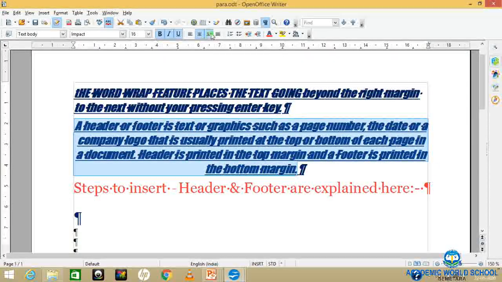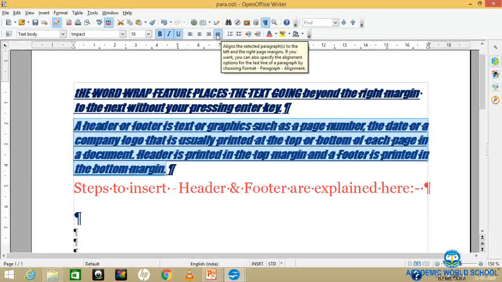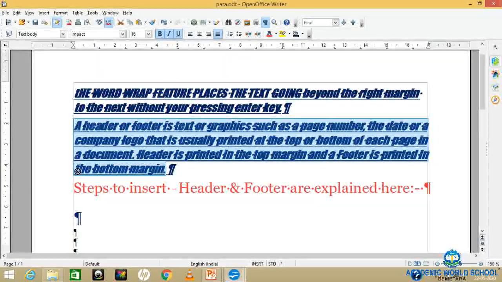You will get the shortcut keys also. Left alignment is the default alignment, make sure of that. Whenever you write any matter, it appears on the left side of the page, the left side of the margin. This is called left alignment.